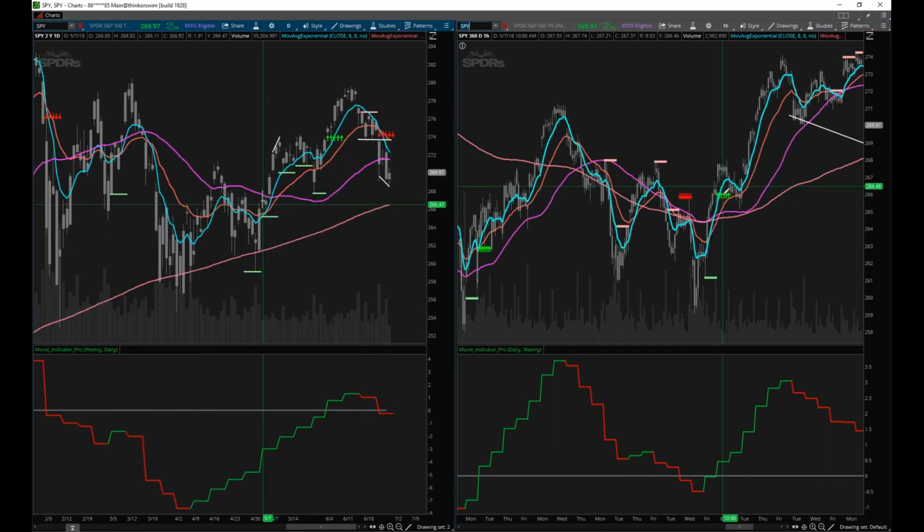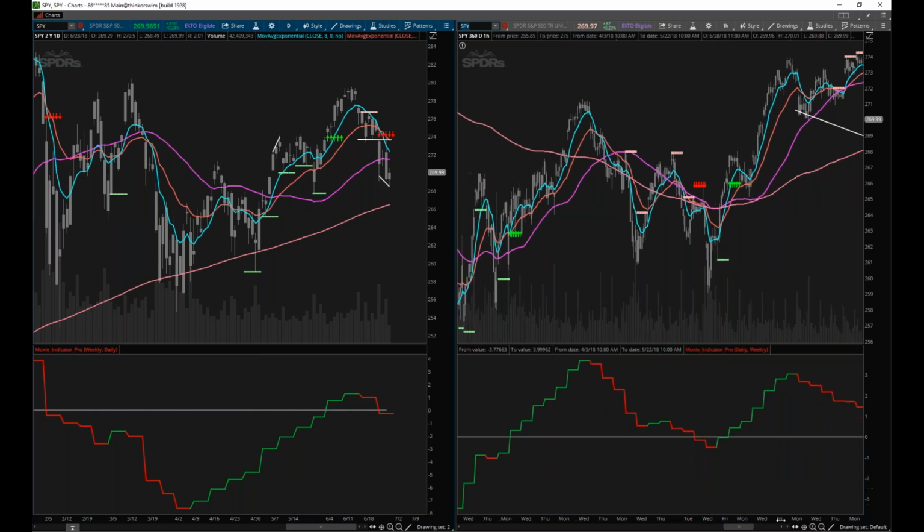Well, look what it did here. We got our trigger, which means the Moxie indicator is above 0 and we have price above both of the moving averages. Then it came back down and tested both of these moving averages, and there you go, just like clockwork, shot up, and that is huge. So going to Dennis's question, yes, I prefer to see them close over the moving average, and then I love to see them test the moving average. That tells me that the moving average is now firm and that price doesn't want to go back down through it, so the only other direction for it to go is up. And then after that, you can see, let me zoom in a little bit or zoom out.